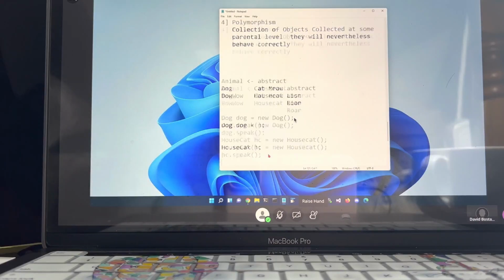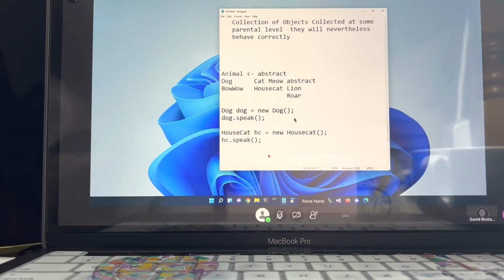What would exhibit polymorphism would be if we had created an array of animal. Where am I typing? I'm typing somewhere and don't see it. Okay, so I'll create an animal array called animal array.